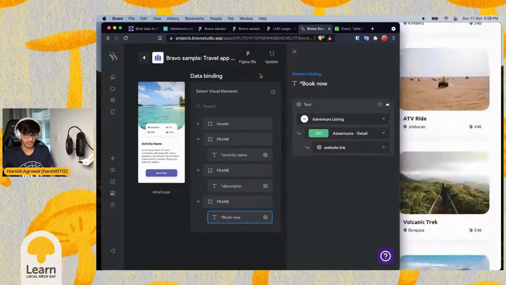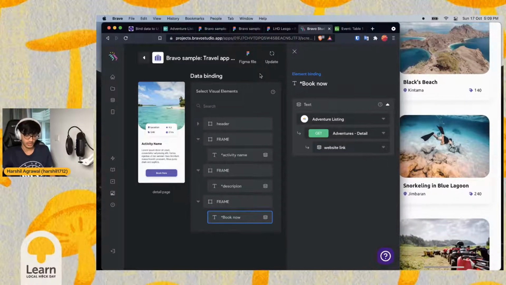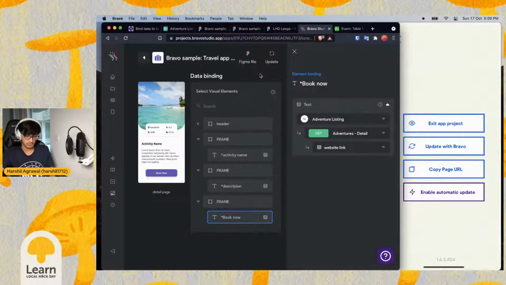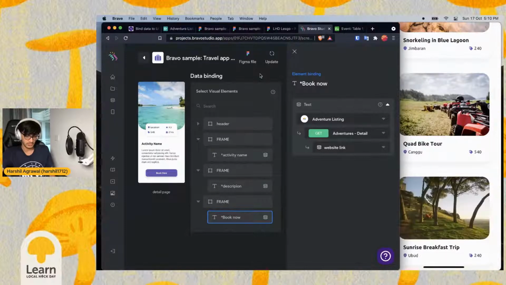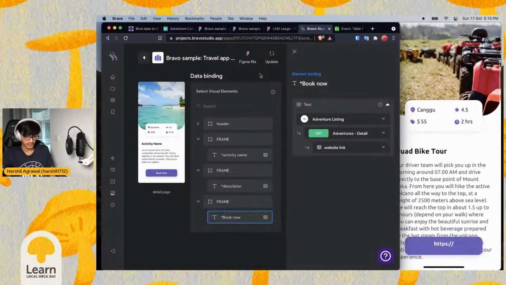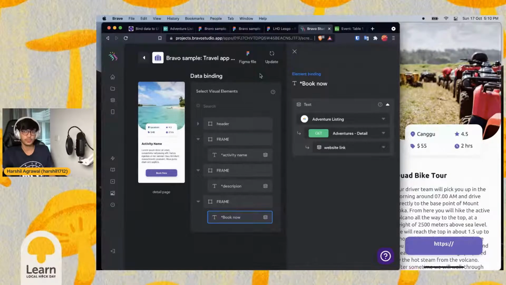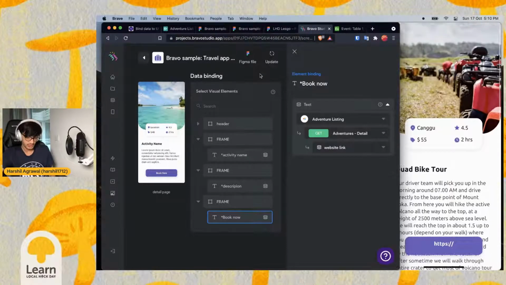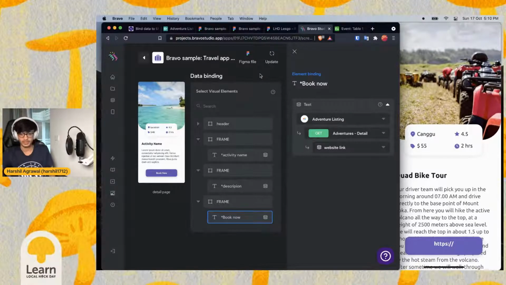All right, so we again see the list, and the quad bike tool looks interesting. If I open it, it works. You see that we now have the quad bike image, the information, the price, and everything. This is interesting. So what I want to do is just quickly go through that design file, because